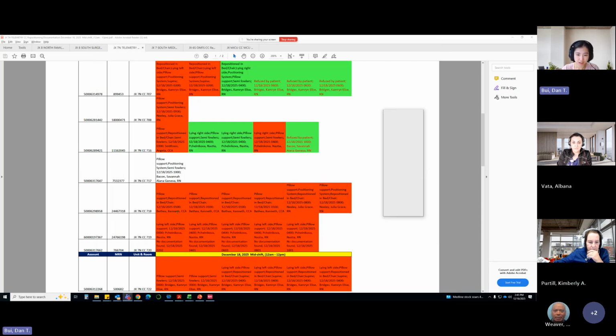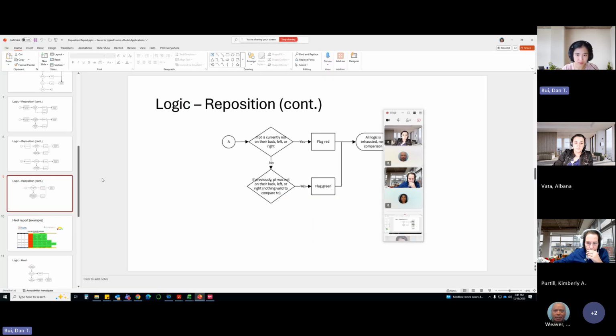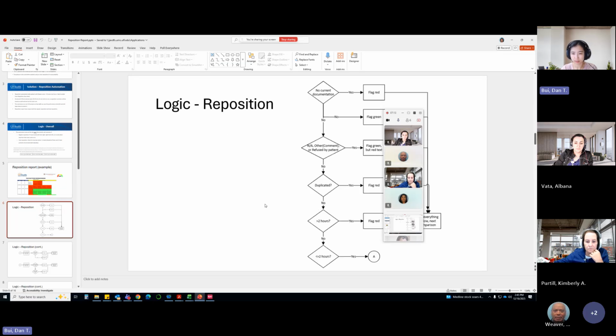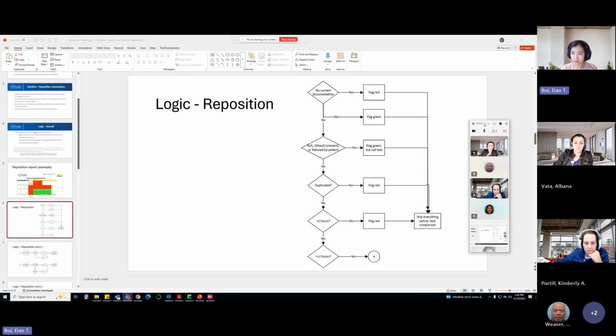All right. So that is the report. And then I like to dive a little bit into the logic of this report, just so I get an idea of whether it's working out for everybody or not. The way I set it up originally is if I see no current documentation, but there's an entry on the flow sheet, then I flag it red, which is non-compliance.